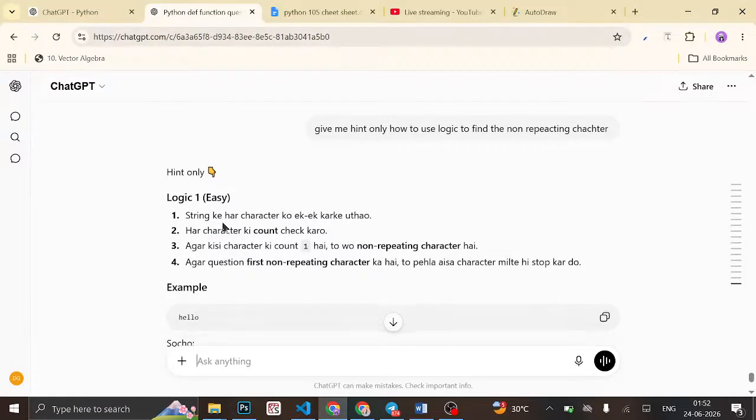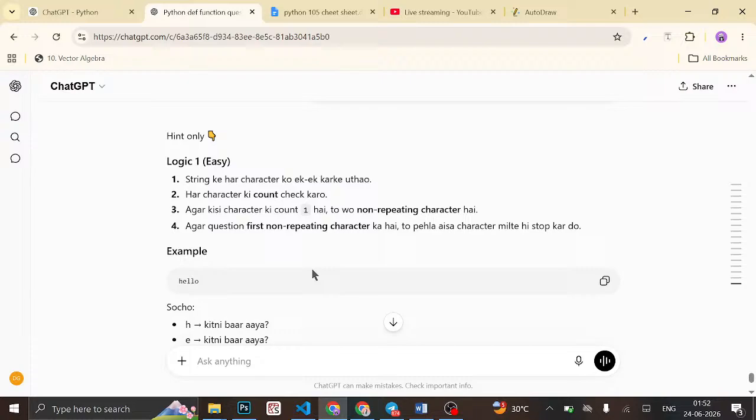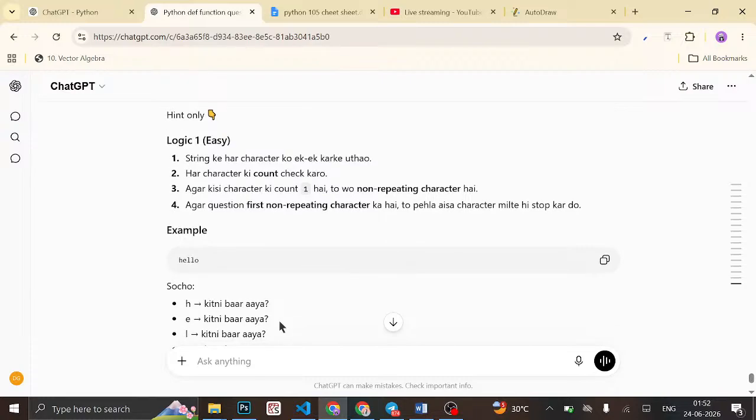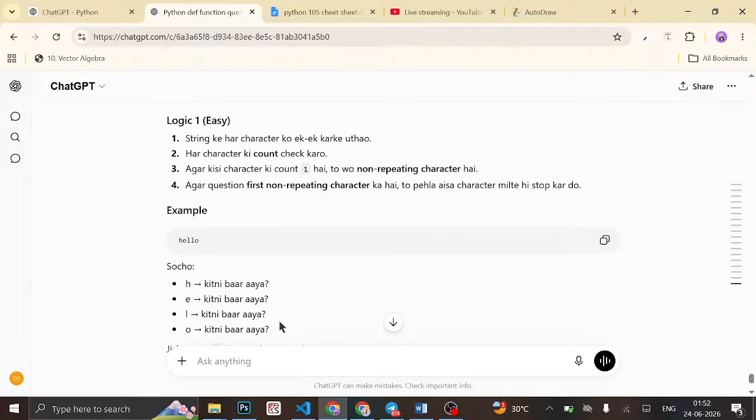स्ट्रिंग के हर कैरेक्टर को एक एक करके उठाओ, उठा लिया। ठीक है, हर कैरेक्टर को काउंट में चेक करो। ठीक है, चेक भी करो, अगर किसी कैरेक्टर की काउंट वन है तो वो नॉन रिपीटिंग कैरेक्टर है। अगर क्वेश्चन फर्स्ट नॉन रिपीटिंग कैरेक्टर का है तो पहला ऐसा कैरेक्टर मिले तो स्टॉप कर दो। हेलो आया, एच कितनी बार आया? अच्छा,